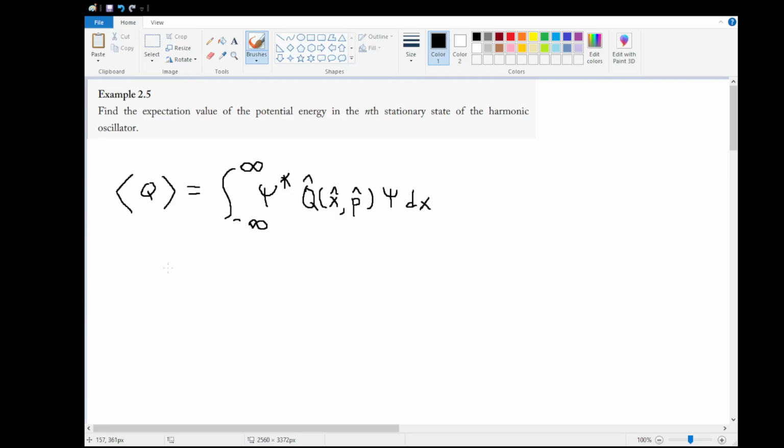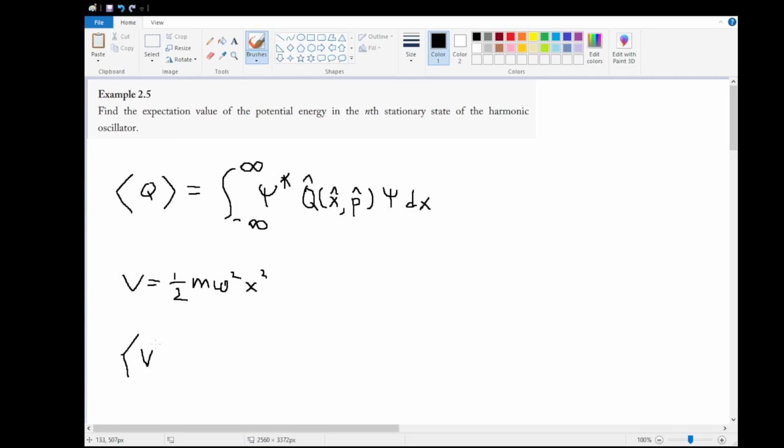So for a harmonic oscillator, we have that the potential is going to be equal to 1/2 kx squared, but since we made the statement earlier that it's more convenient in quantum to work with omega instead of k, we're going to put this in omega, so this is actually equal to 1/2 m omega squared x squared. So the only term here that actually is an operator is x, and the x operator equals just x itself,